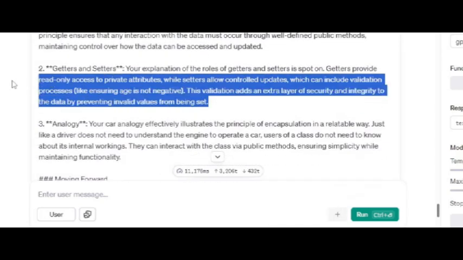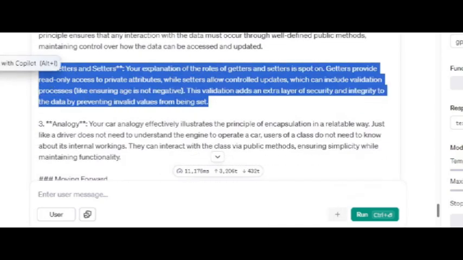And it graded that answer as getters and setters. Your explanation of the roles of getters and setters is spot on. Getters provide read-only access to private attributes, while setters allow controlled updates, which can include validation processes, like ensuring age is not negative. This validation adds an extra layer of security and integrity to the data by preventing invalid values